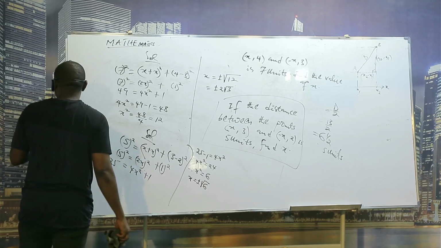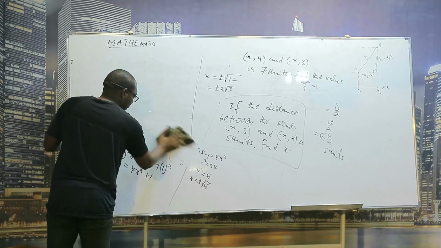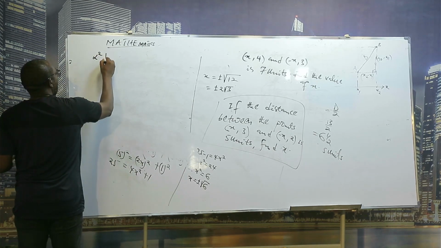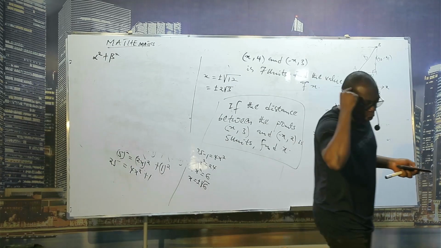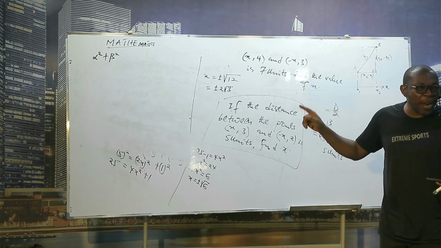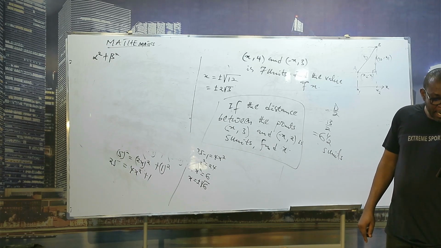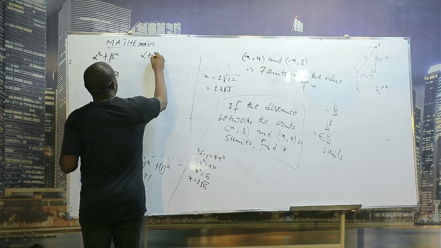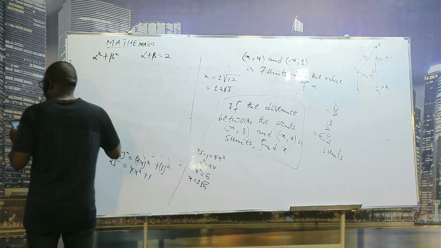Let's see the next one. Find the value of alpha squared plus beta squared. JAM can come with anything to see whether you have common sense. Did you see? They say find the value of alpha squared plus beta squared, if alpha plus beta equals 2